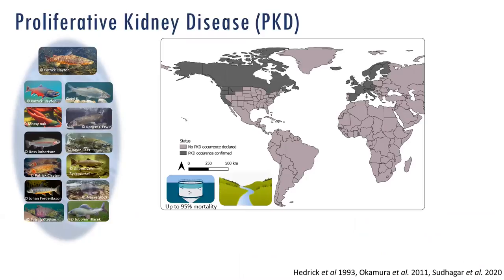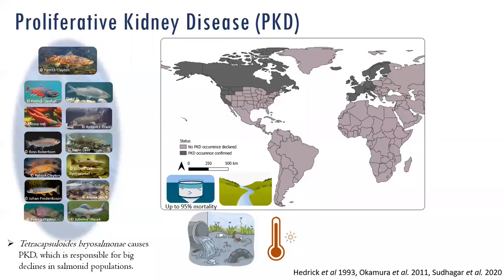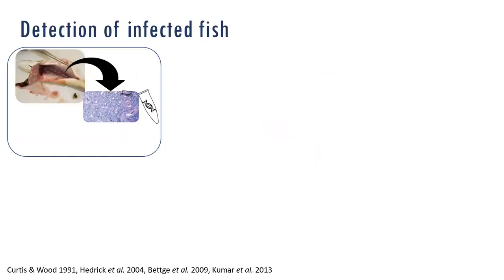hatchery populations. And as its development depends on water quality and temperature, more outbreaks of the disease might be to come. The detection of infected fish usually relies on kidney sampling for detection of parasite spores or DNA. And this means killing the fish to infer population infection prevalence and hinders the large screenings that are needed to understand